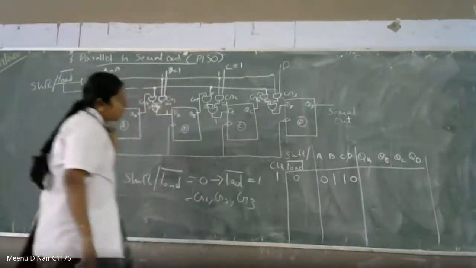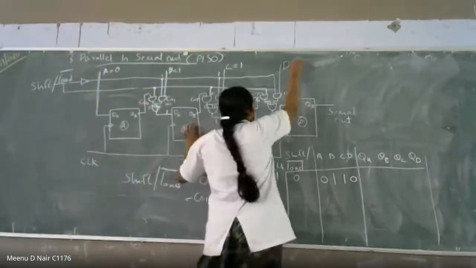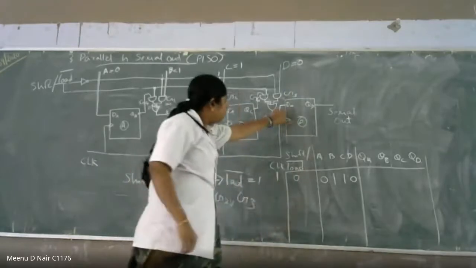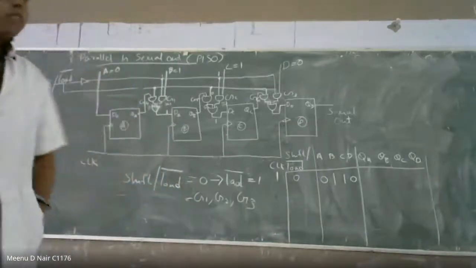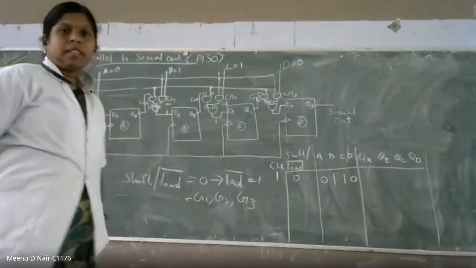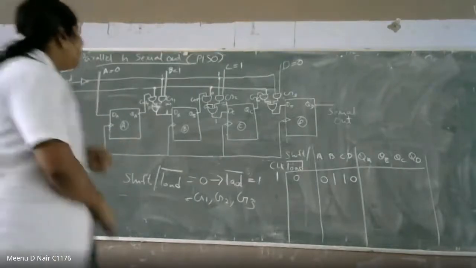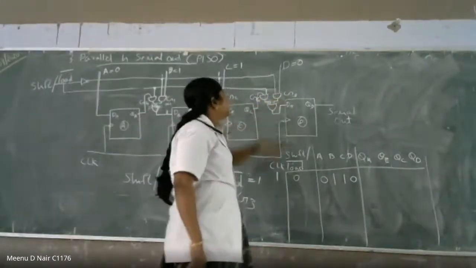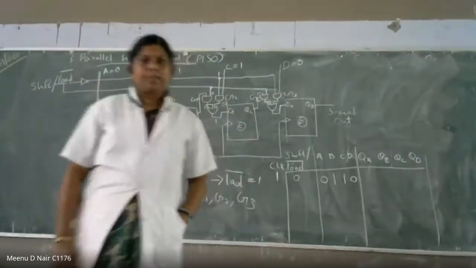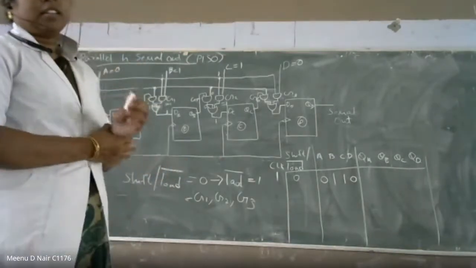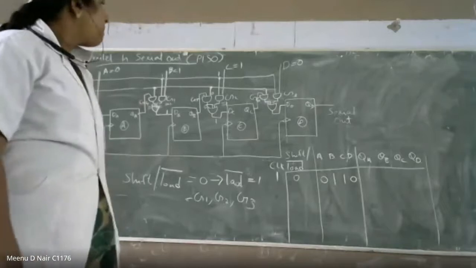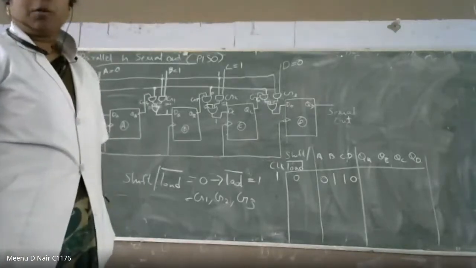In a similar way you have to tell what is the input of D. Here you are considering D is equal to 0. What about the input of DD? You post in the chat box what is the output of D gate. So first you tell me what is the output of G6 gate and G3 gate. What is the output of G6 gate?